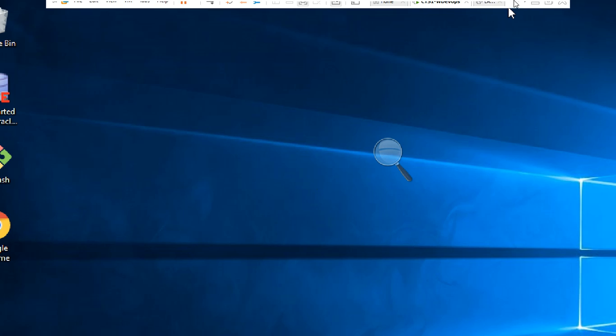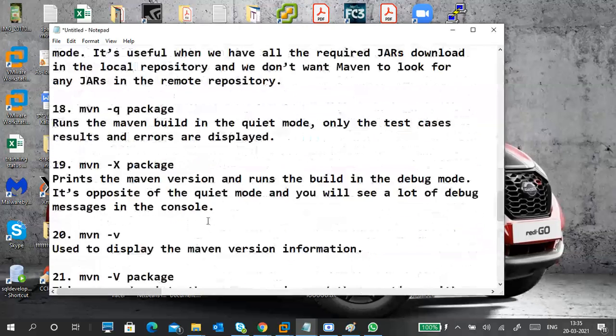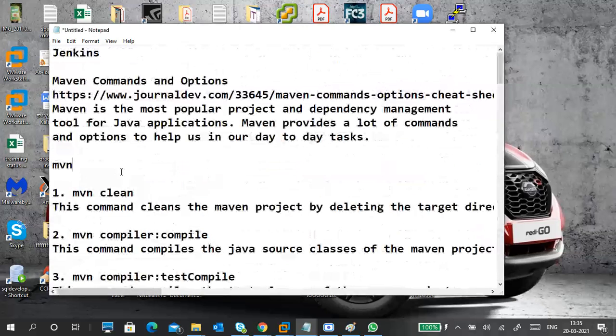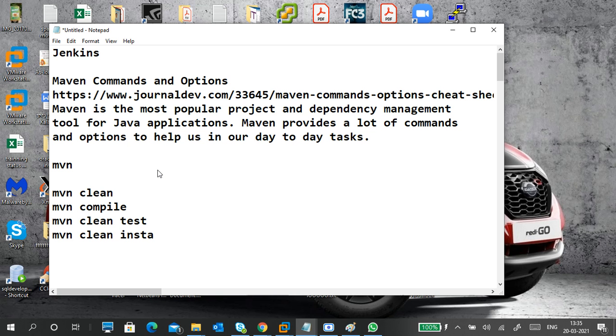Okay, guys, so I want to close this session because you have an afternoon session also. These are the commands I will tell first. I used mvn clean, mvn compile, mvn test. You can use clean test, which means both commands will work. If you want install, like clean install, it will remove the previous builds and do a clean install.